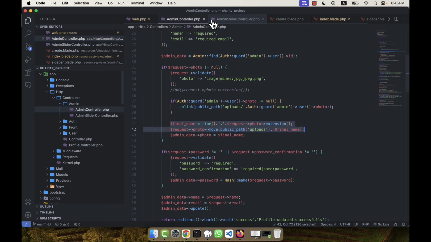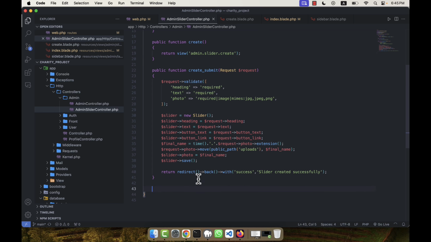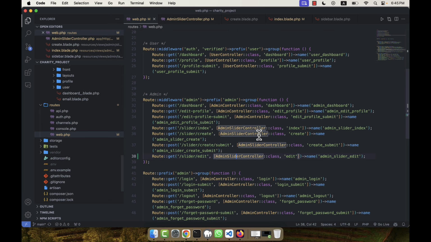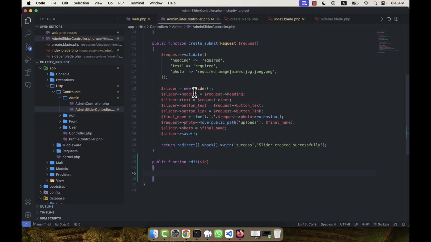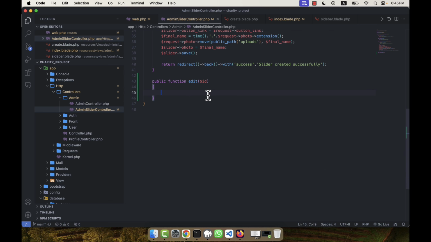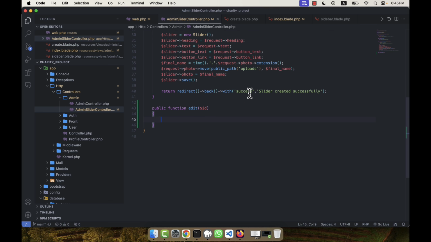Okay, so in the admin slider controller, I am going here, and then public function edit. Here there will be a parameter, because which ID I am going to edit is important. So in the case of edit, I am going to put the ID, and that means it will receive a parameter. And when there will be an edit, there will also be a return view. So return view admin slider edit,